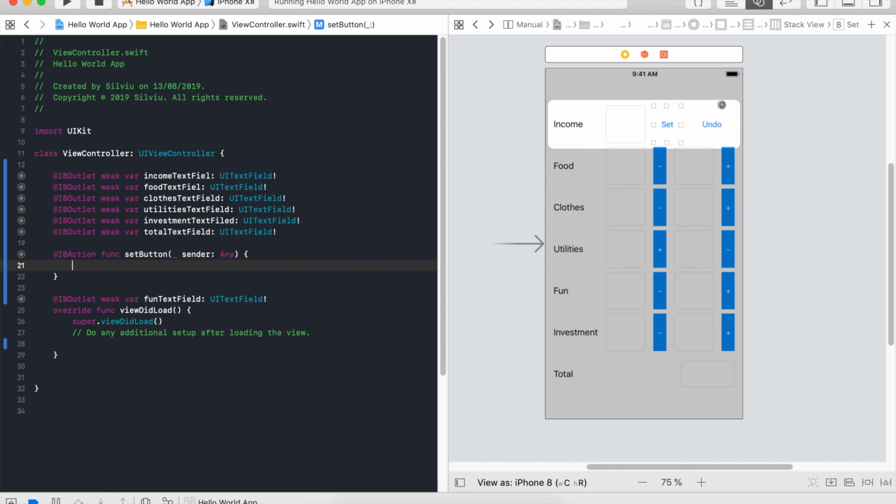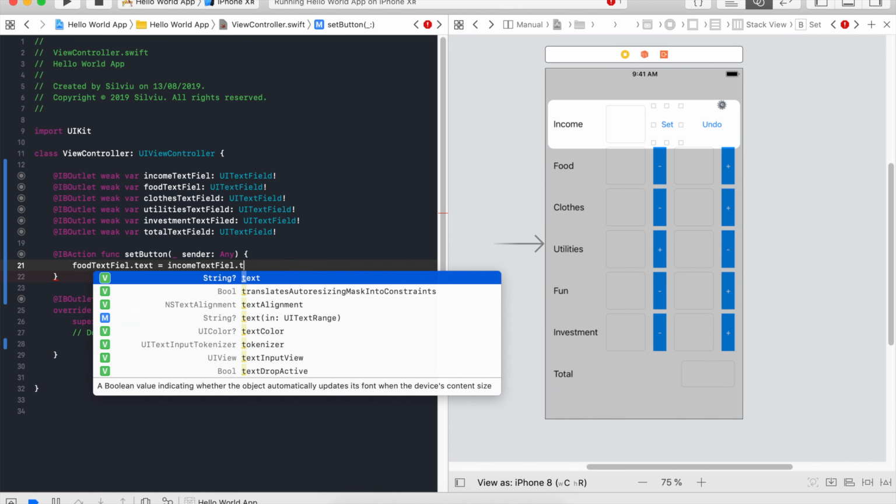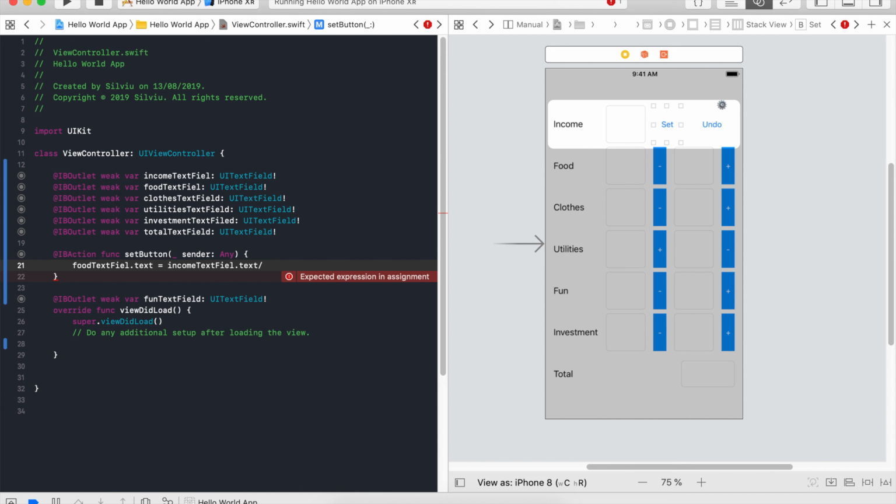And now, what are we going to do in this? This is like a function, okay, but we're going to write instructions in this. Okay, let's just say food text field dot text. We want to access the text of the text field. Let's just do income text field dot text. Okay, divided by,